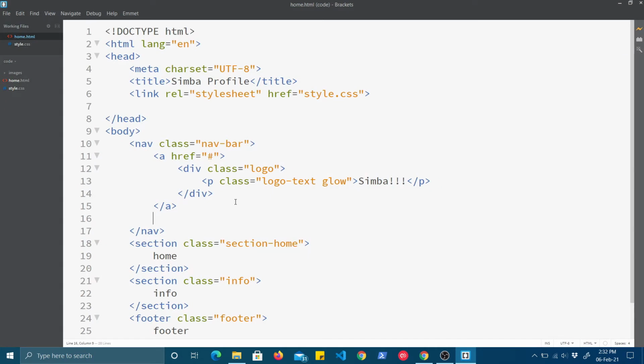Rather, we will not have anchor tags right now. We will simply have a division, which I will call nav items, and within this I will have one unordered list as